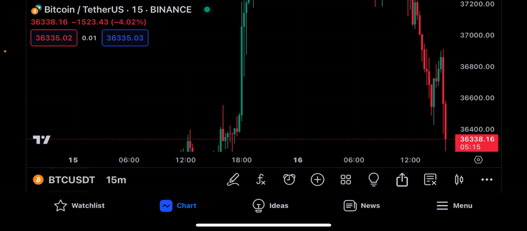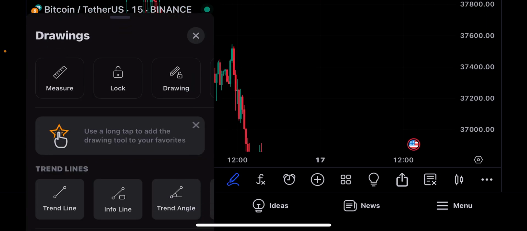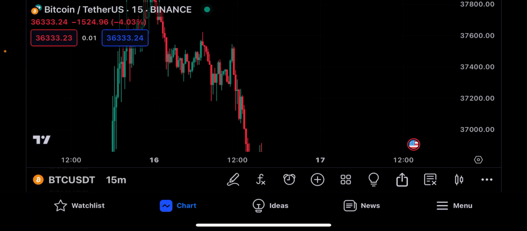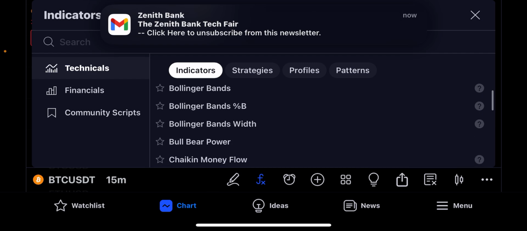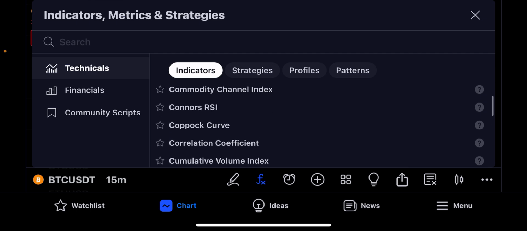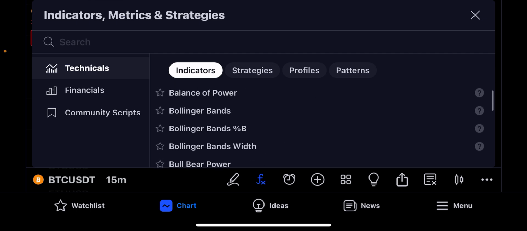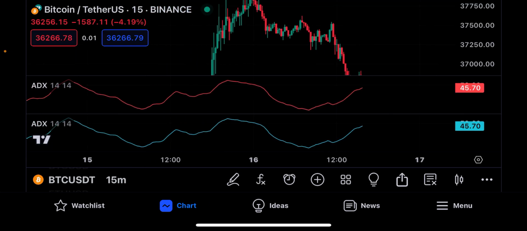Once you come to chart and you are on any chart you want to use, just press this. You see the pencil is for drawing, as we have it on Pocket Option or Codex. You see this FX means the indicator. You just have to come here and click on the indicator you want to use. Anyone, if you want to use envelope, if you want to use RSI, anyone, just come here and click it. Assuming I click this one now, once I click it, it's going to appear on the chart. So you see the indicator already appears on the chart. So that is how to use the indicator on